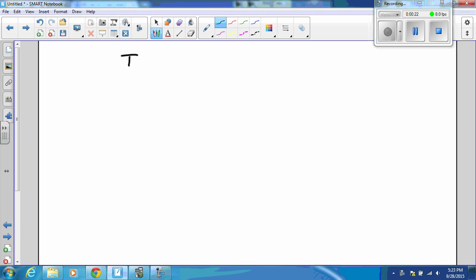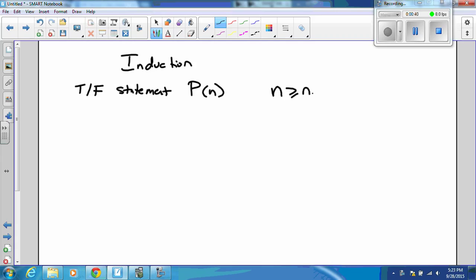The idea behind induction is that we have a true-false statement, P, and it's going to be true for some integers, and those integers are going to be all of the integers greater than some base case. For example,